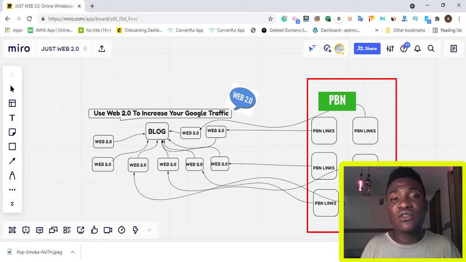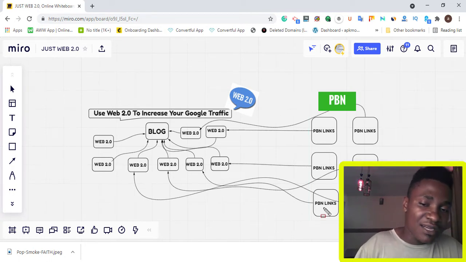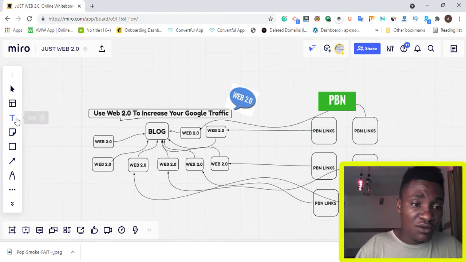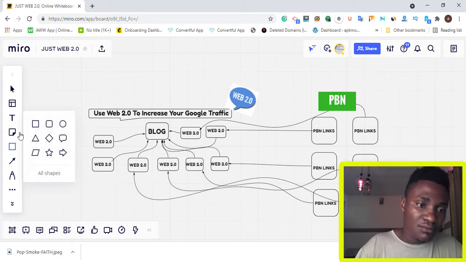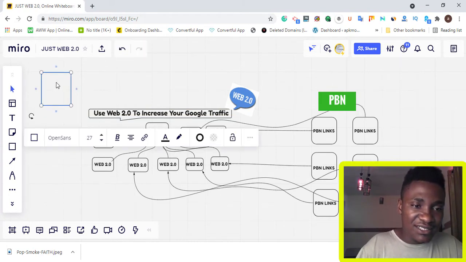If you check most of my videos, you're going to see where I talk about building internal linking. Internal linking happens within your website, linking from your old content to new content and from new content to old one. So this is a good strategy for engaging more link juice. Let me show you something right now. Let's say this is your content, and this content receives